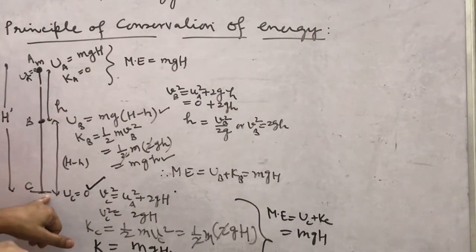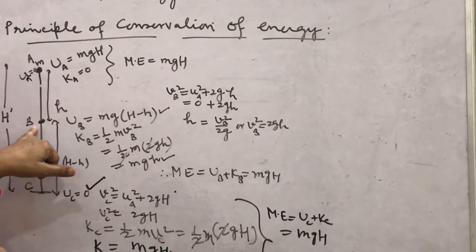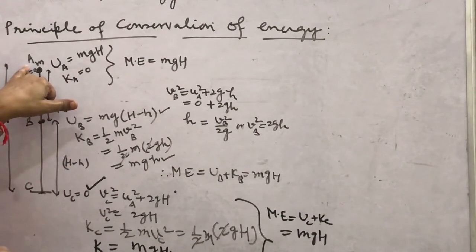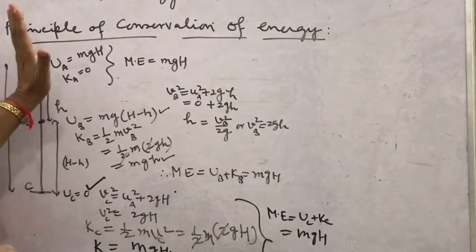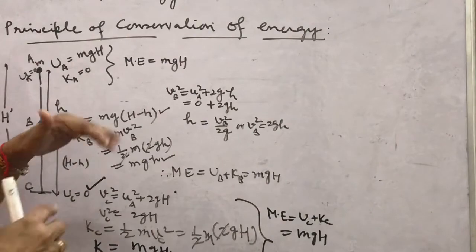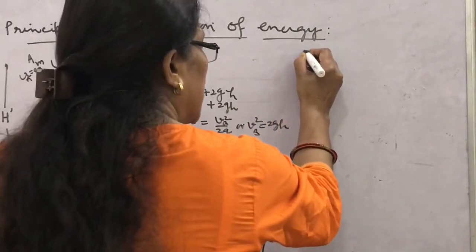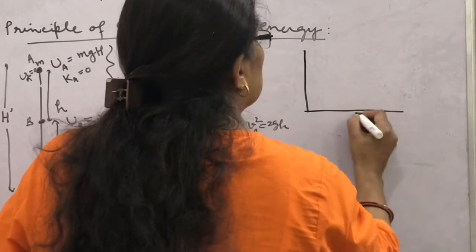Then initially kinetic energy will be half mv square, potential energy will be 0. Then at some point here you will find the same half mv square, and here same half mv square. You will find that when the object is thrown up or it is falling down, the sum of mechanical energy remains conserved, and there is a very important graph with the help of which this is explained.